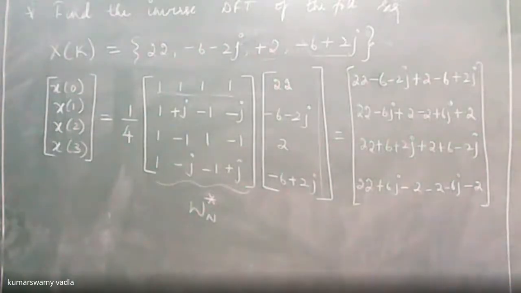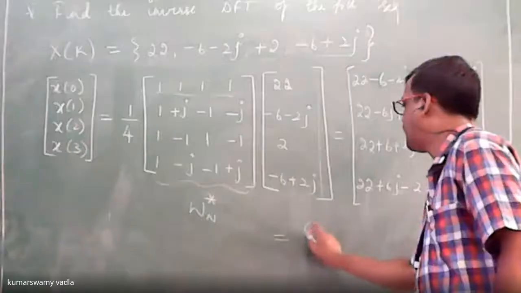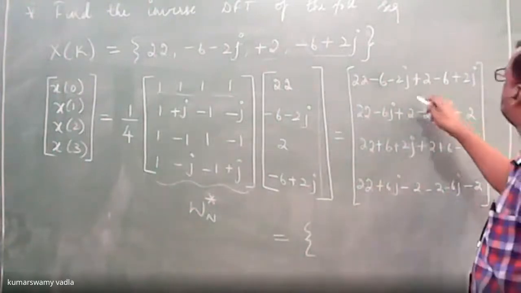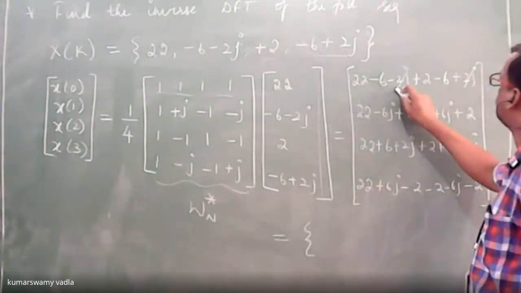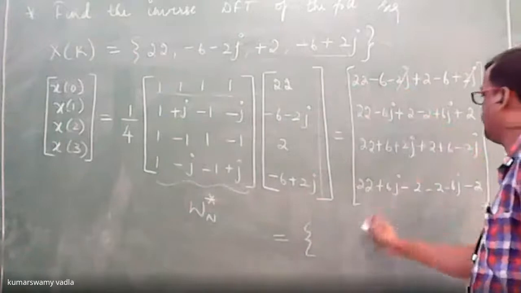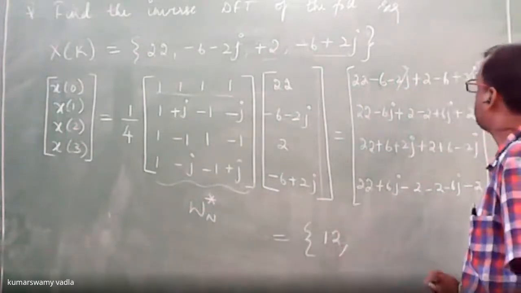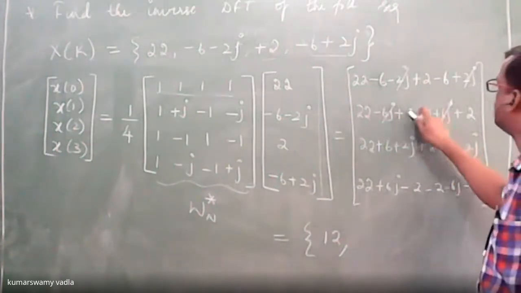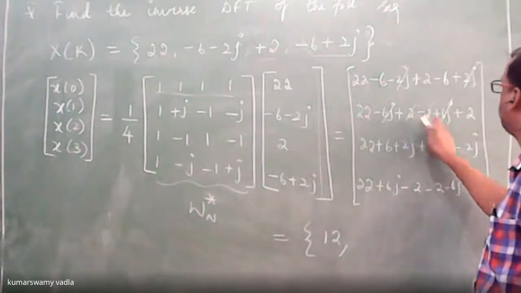Is this multiplication clear for everyone, students? Yes, sir. Okay, then I will write here horizontally because I don't have a space over here. What is the first one, please? What do you get here? 2j get cancelled. Okay, 24 minus 12, this becomes plus 12. Plus 6j minus 6j get cancelled. Plus 2 minus 2, minus 2 plus 2 goes off.